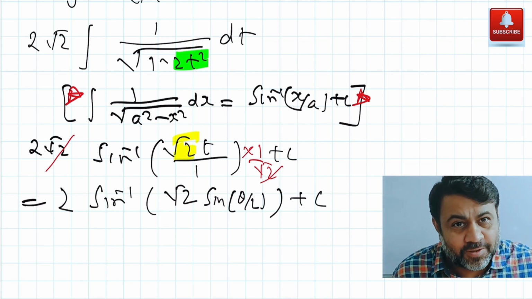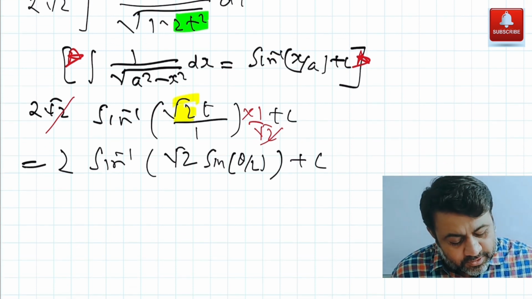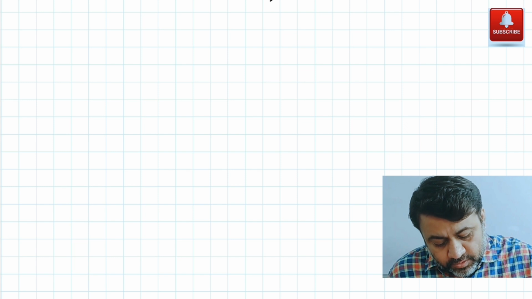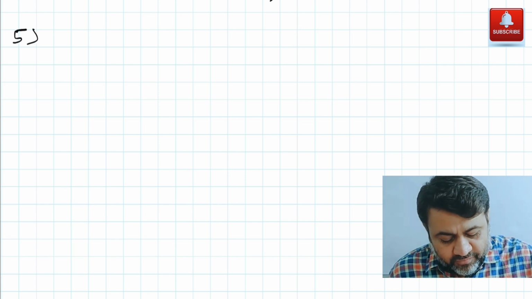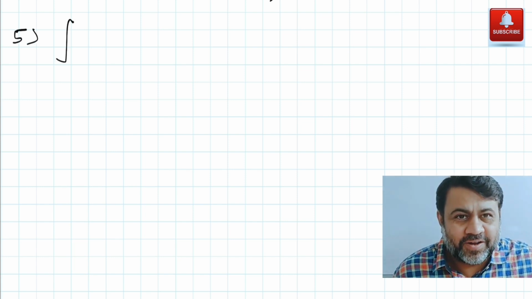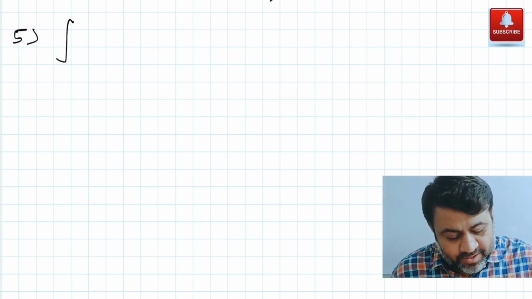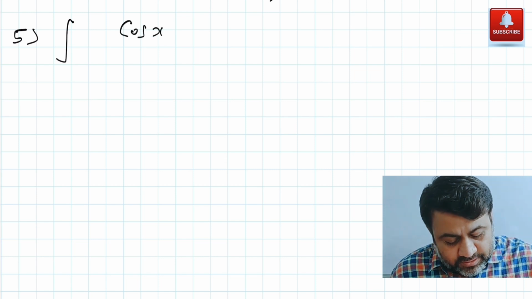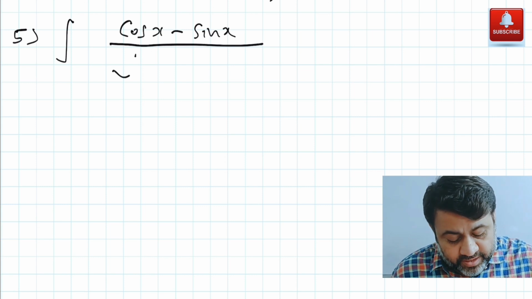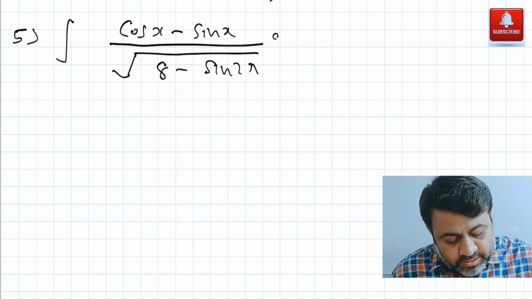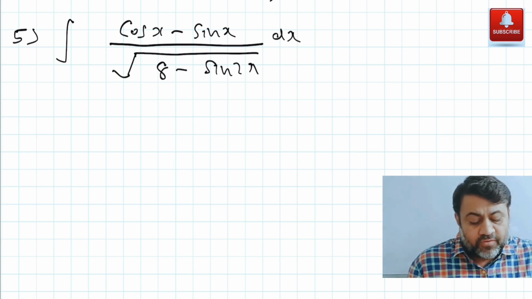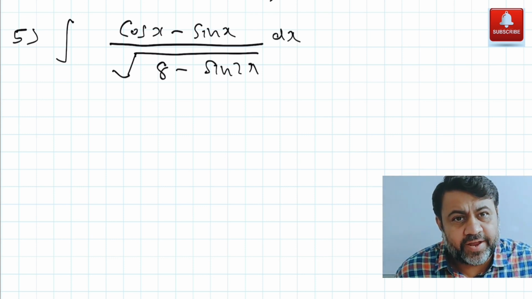क्वेश्चन नंबर 5 इससे भी इंटरेस्टिंग क्वेश्चन है, उसमें भी काफी ट्रिग्नोमेट्रिक सब्स्टिट्यूशन सिंप्लीफिकेशन यूज करना है. सो मैं पहले क्वेश्चन लिख देता हूँ यहाँ पे आपके लिए. सो माय क्वेश्चन नंबर 5 which is by far the most interesting question till now. आगे और भी आज एक दो इंटरेस्टिंग क्वेश्चन होने वाले हैं. तो क्वेश्चन इज वी हैव cos x minus sin x, everything divided by we have square root of 8 minus sin 2x dx. So we have cos x minus sin x by square root of 8 minus sin 2x.